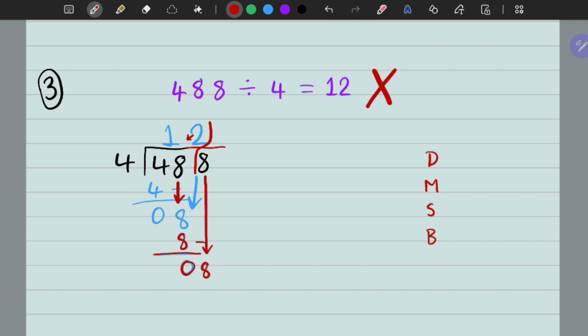And now I'm doing 8 divided by 4 gives me 2. What is 4 multiplied by 2? It is 8. I subtract those and it gives me 0. So now I do have the final answer. It should be 122. So a lot of the time kids make mistakes by bringing down the wrong number, just very commonly, just